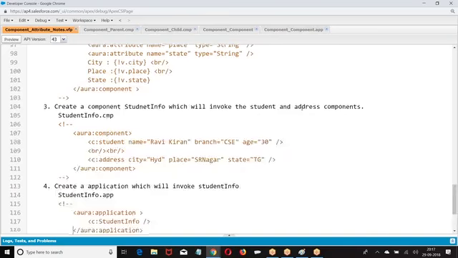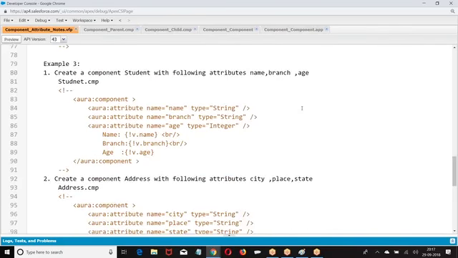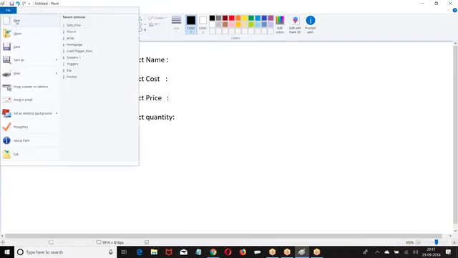So let us do a second example where the parent component passes values to the child component. What is the example you are supposed to build? Look at this example, everyone. Create student. This component creates name, age,